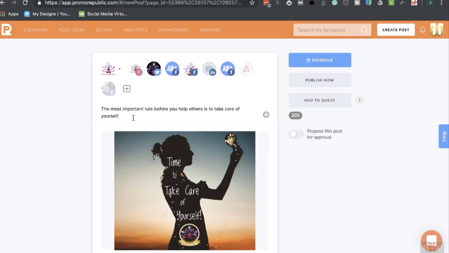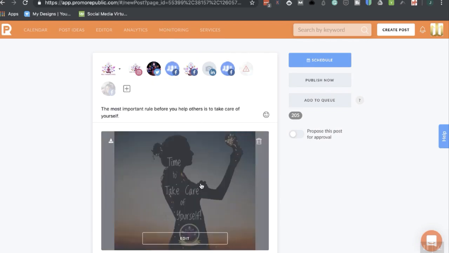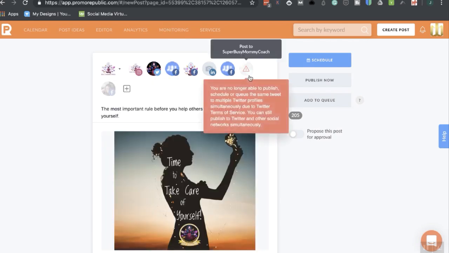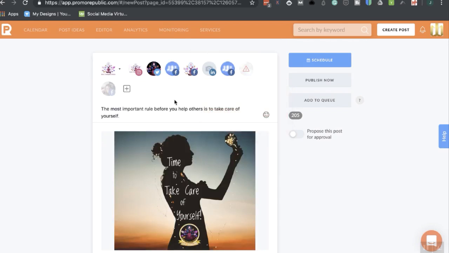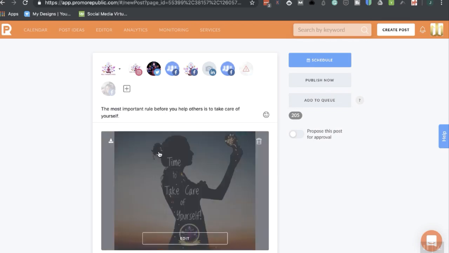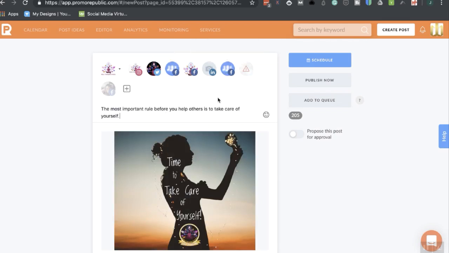So we can put hashtags in if we were just going to post it to the Instagram, or we can shut these off. Now, this will post to all of these. However, if you want to go the long road around and make sure that every post is different, you can shut these off and post this to, say, Twitter and Facebook, and then take another post in and post it to Instagram